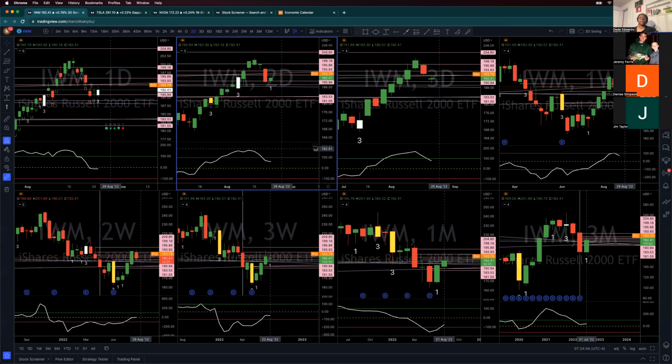IWM created an outside day. Again, guys, looks like it wants to trade above in this 2-day. Today is our 2 and 3-day flip, so I'd be looking for it to go 2 up on this 3-day range, which is yesterday's high. It looks like it wants to do that right now, but again, it's an outside day, so I'd be careful if price hits around